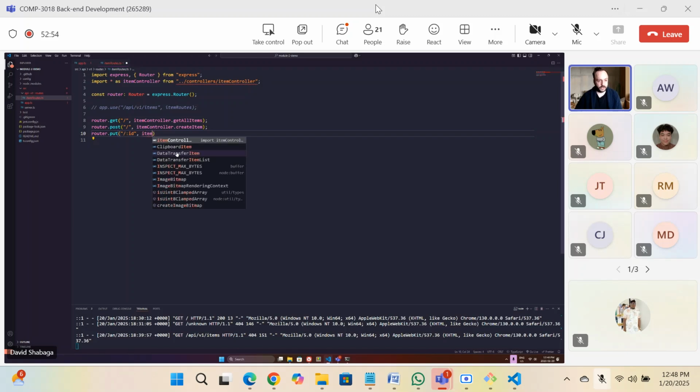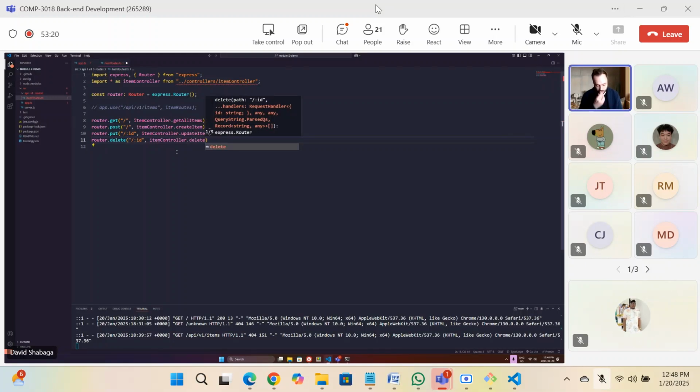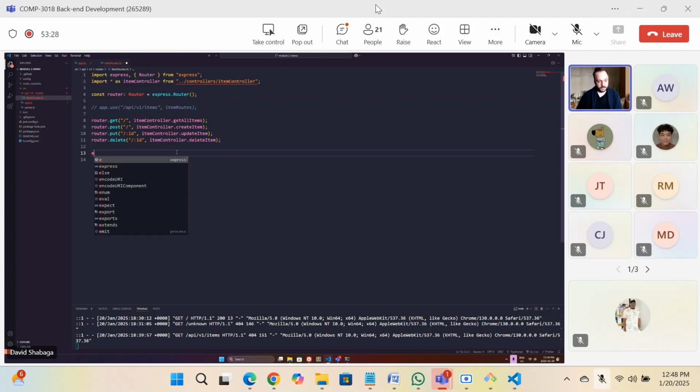And we're going to say item controller, and we'll call this update item. And then finally, we'll do one more real quick. And then we'll do a delete. And in here, I'm going to do the exact same thing as above, ID. And we're going to reference another non-existent